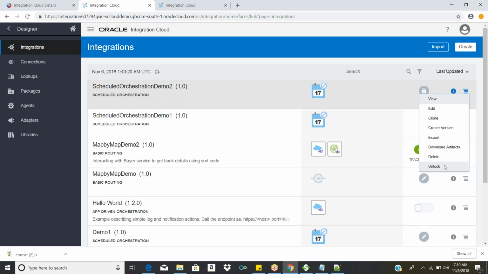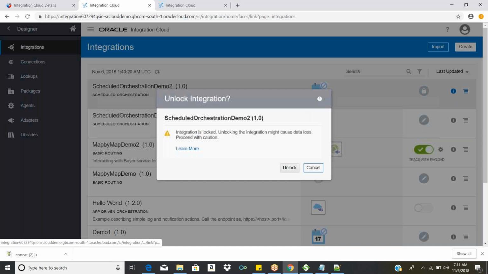Why is it a benefit? Let's say you have 5 members in your project, working on different integrations. You are building some xyz integration, and one of your colleagues is building some demo integration. By mistake, if you unlock that particular person's session instead of your own, automatically his changes will be lost. So all the changes you're writing, in case you use the unlock option, will automatically be gone.